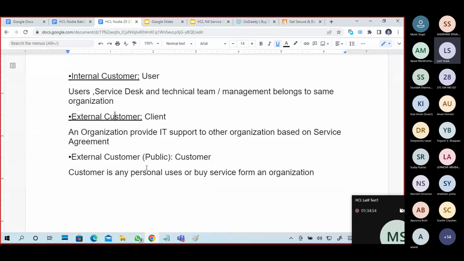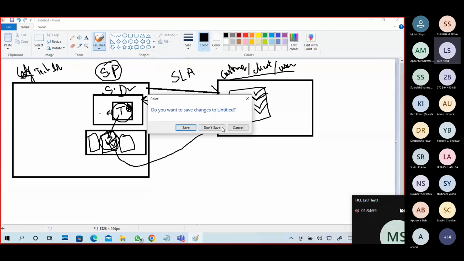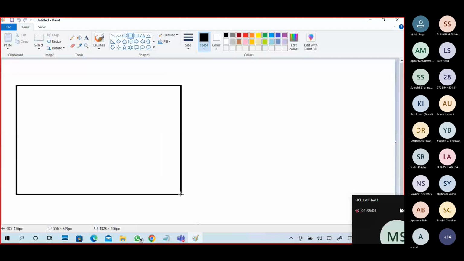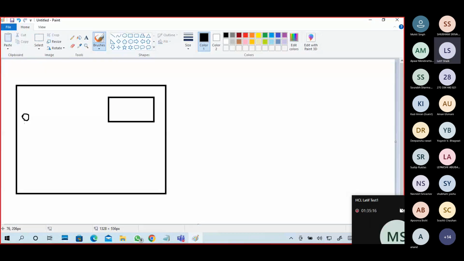The same diagram I will draw again. Guys, this is my organization. It's the Savantis organization. I'm telling this from my experience. So, there is a service desk. Earlier, up to last year, I worked in the Pune office. Now I came to the Hyderabad office.